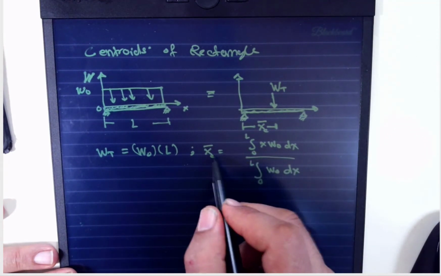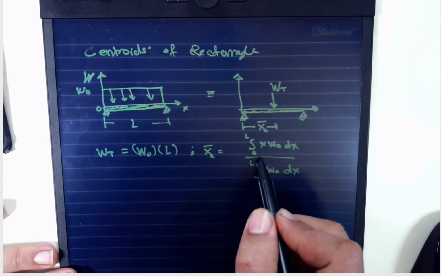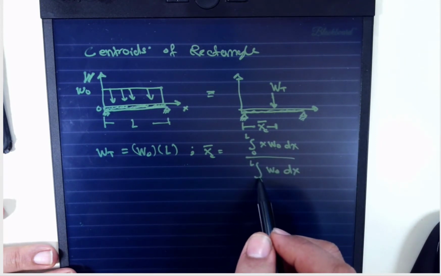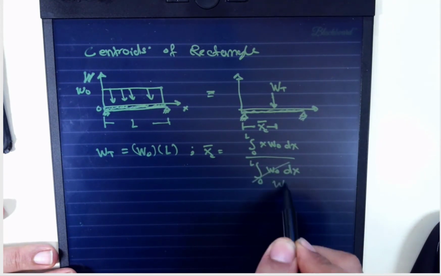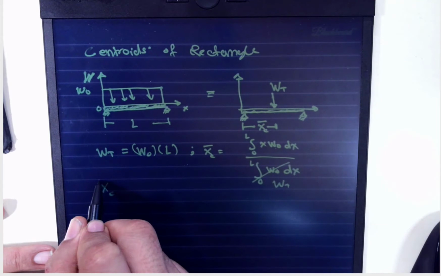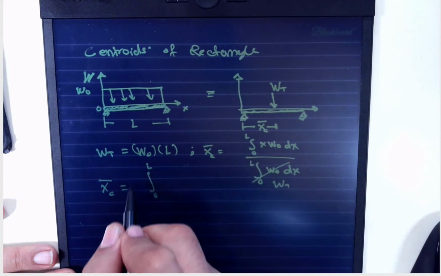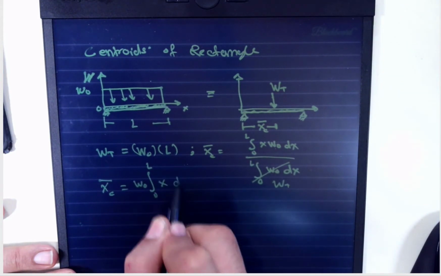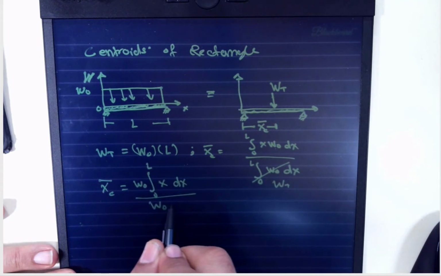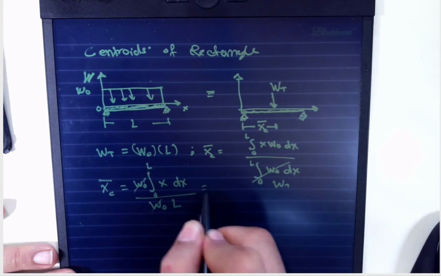And the xc, the location to satisfy the moment equivalency, which is from the formula before, is x W naught, well, W naught is W of x dx over the area under the curve. So this is WT, which we have here. So xc simply is the integration of W naught, which goes outside of the integration, x dx over W naught multiplied by L. These cancel each other. Now from the calculus,